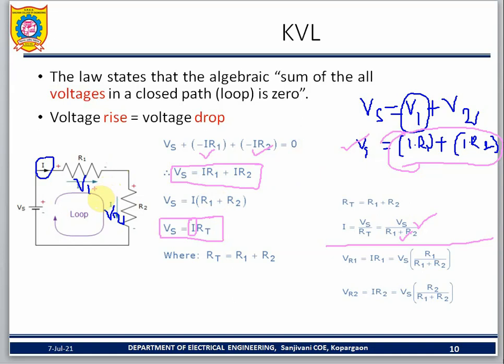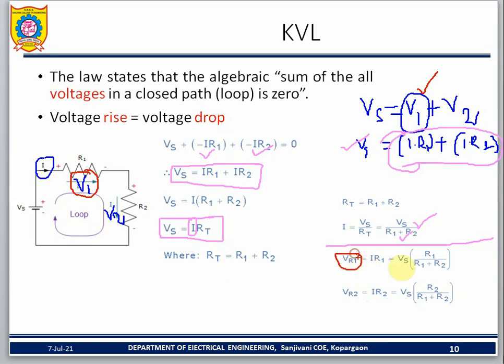Next one is the voltage divider rule. What is that? This rule helps you find out the V1 voltage directly. Vs equals V1 plus V2. Can you find out V1 fast? Yes, it has a formula. What is the formula? V1 is equal to Vs minus V2. Yes. But I need to find the V1 value fast.